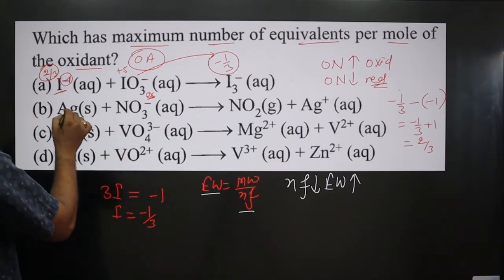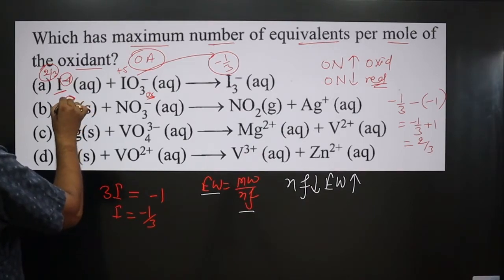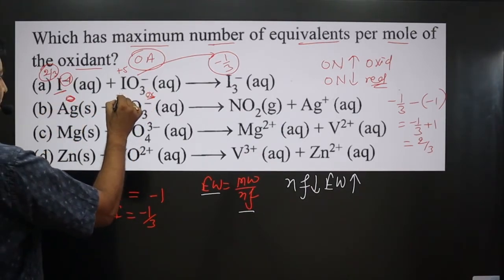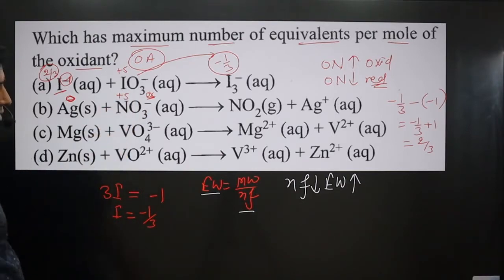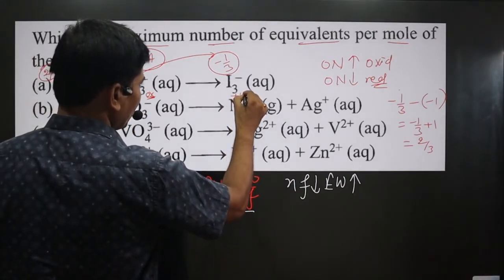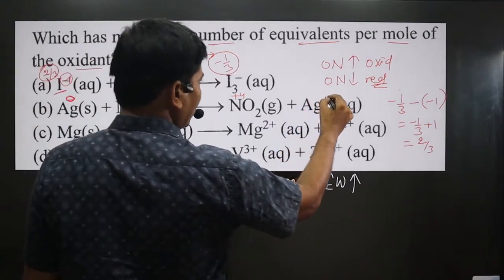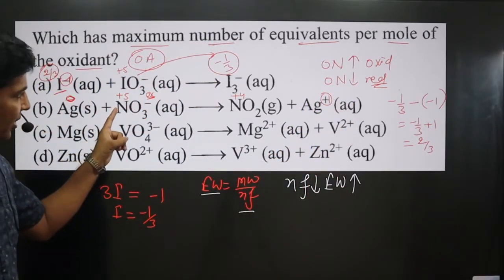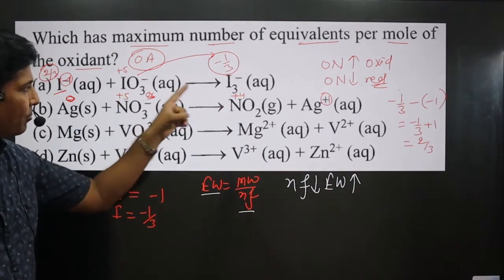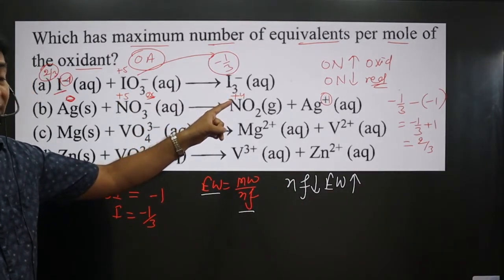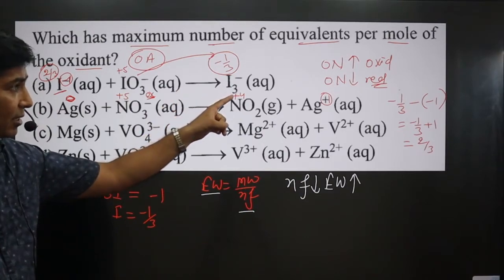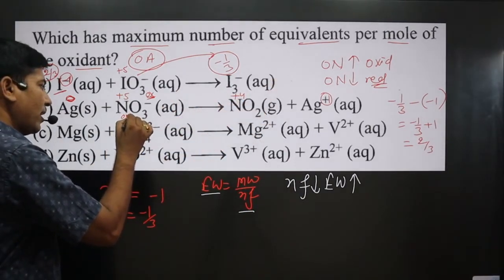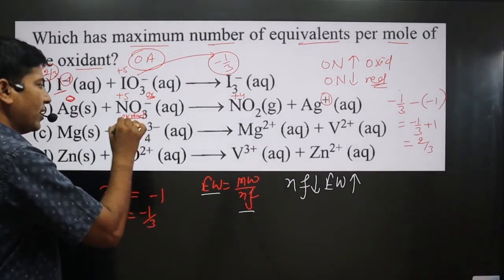Okay. So you can see silver is present in 0 oxidation number. Very interesting. Single element is there. 3 2 6 minus is there. Nitrogen is present in plus 5 oxidation number. Other side 2 2 4, nitrogen present in plus 4 oxidation number. Ag plus you can see it is present in plus 1 oxidation number. If you compare the oxidation number of nitrogen, 5 to 4, you can see there is a reduction reaction, because decrease in oxidation number is always a reduction reaction. Hence it is acting as oxidant, or oxidizing agent.